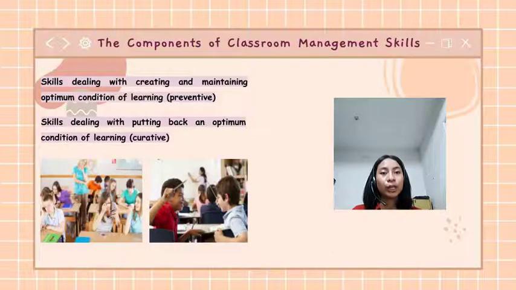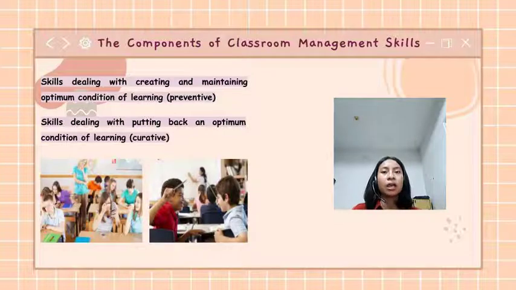Next is skill dealing with putting back an optimum condition of learning, or corrective. The aim of this component is to restore the optimal learning condition when the disruption happens during the learning process. This component includes reprimand. For example, when the students make a bad behavior in the learning process, the teacher can give